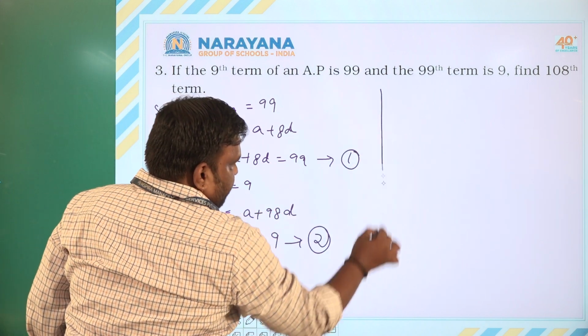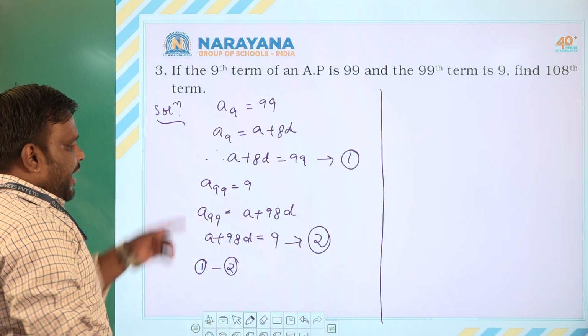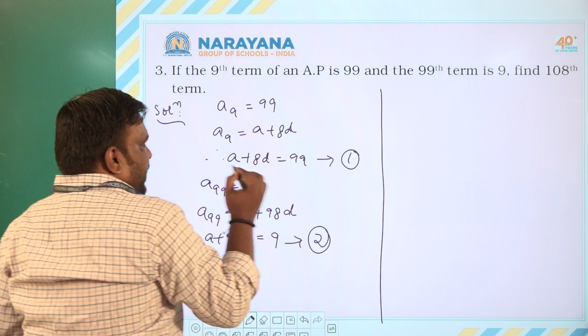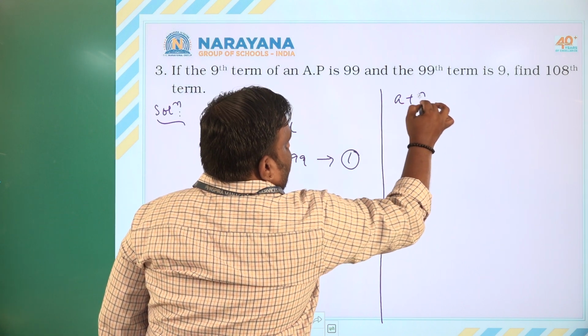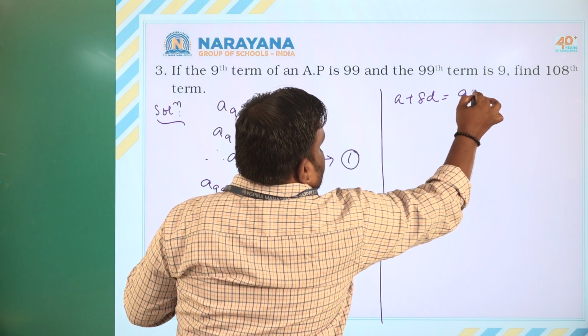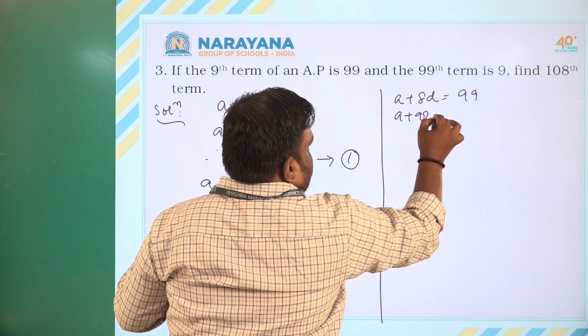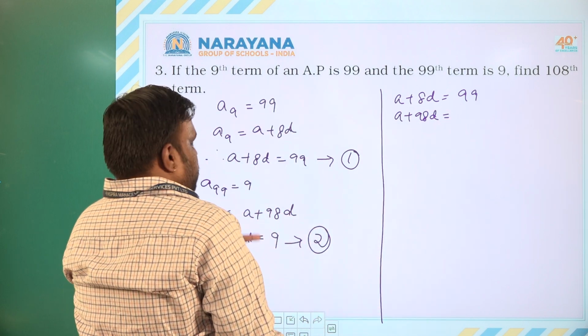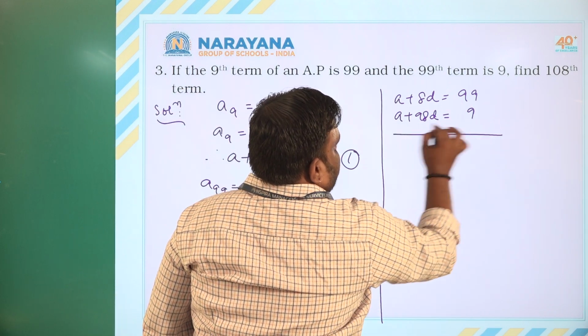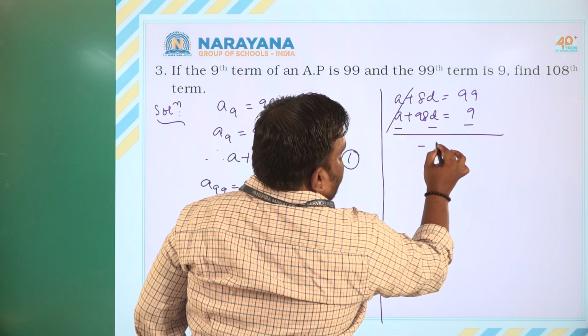When I subtract these two equations, 1 minus 2, A and A get cancelled. So right here, A plus AD is equal to 99, and next below that A plus 98D is equal to 9. When you are subtracting them, these two get cancelled. 8D minus 98D is